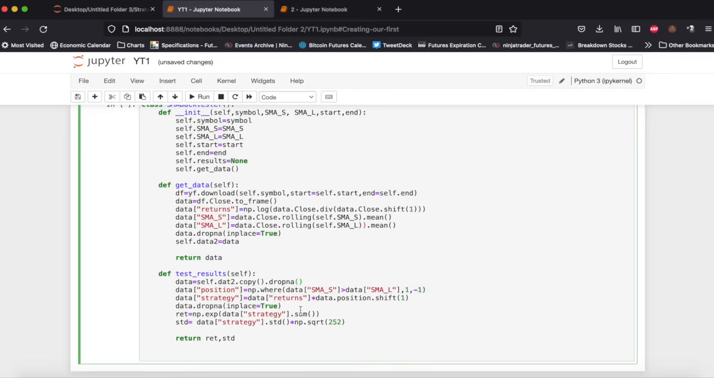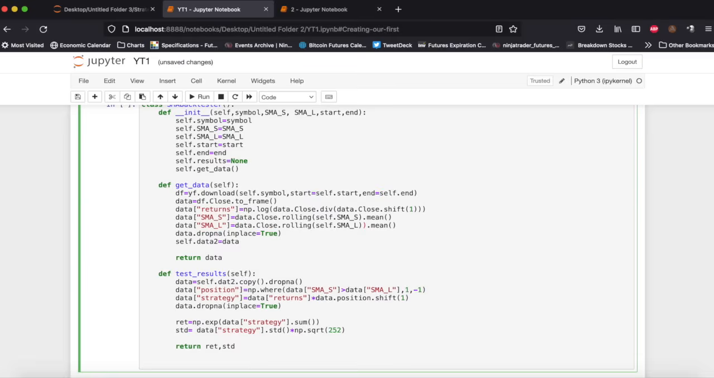Let's add the comparison of a buy and hold with respect to our strategy. So let's create a new column. We'll call it returns BH, which is the buy and hold. Returns BH equals data of returns dot cumsum dot apply, bracket here, cumsum dot apply